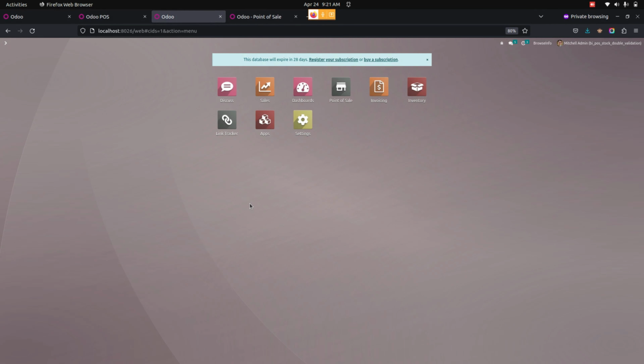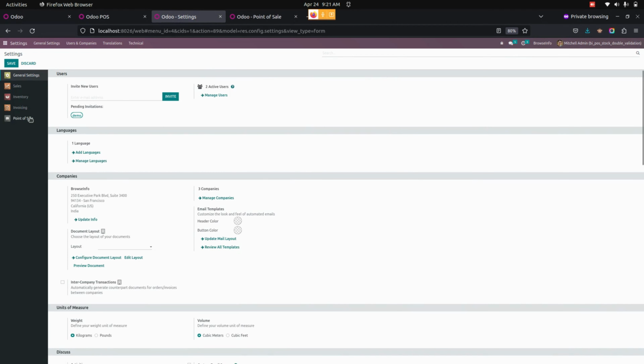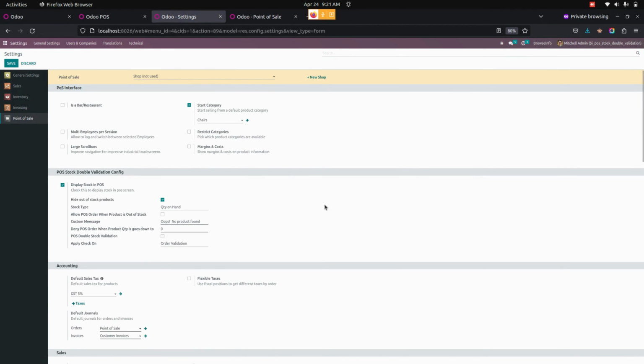Now, let's complete the configurations for point of sale stock double validation. For that, let me get into the settings. Under the point of sale, the user needs to enable the display stock on point of sale option, which is available here, to see the stock for the product on the point of sale screen. The user needs to select a stock type which is available, so we can see various stock types like quantity on hand, forecasted quantity, incoming quantity, outgoing quantity, quantity available, and the selected product stock will be displayed on the